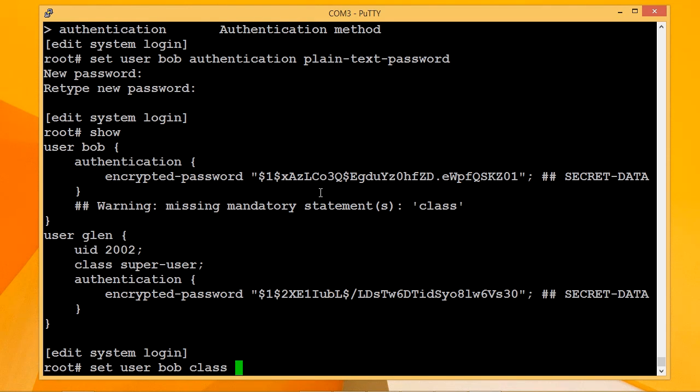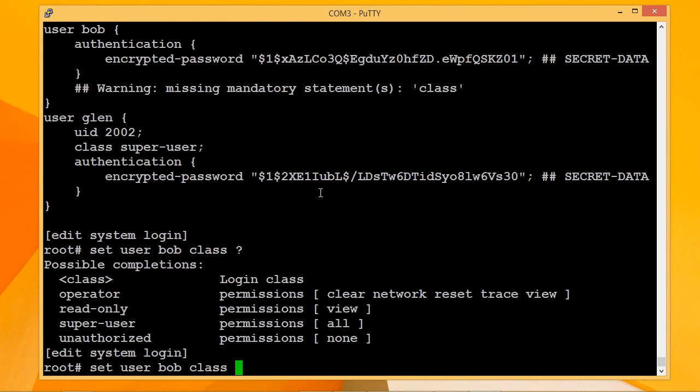Because I don't know the classes, I hit the question mark, and it pops up with a list of what should be going where the question mark is placed. You can type in the actual class that you want to assign, but notice that we see a list of possible values. So you can do things like assign Bob the super user class, which would give him all permissions to the device so he can fully administer the device. You can remove all permissions from Bob if you wanted to and ensure that they can't do anything by using the unauthorized class. You can also give them view